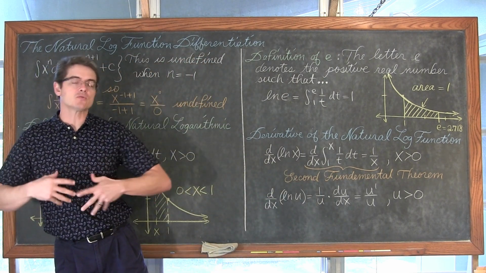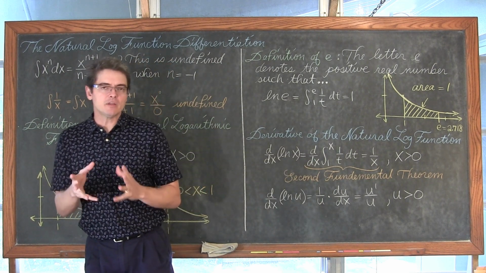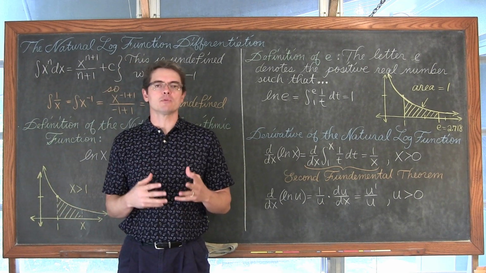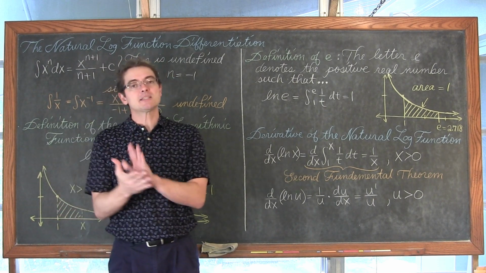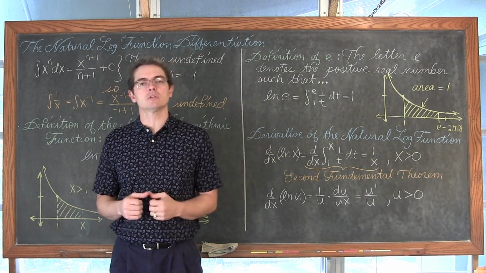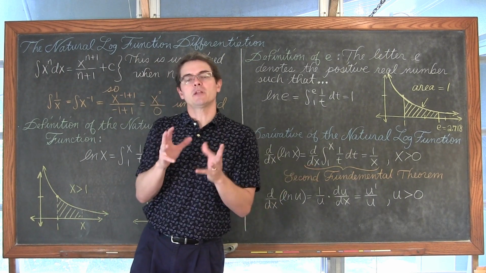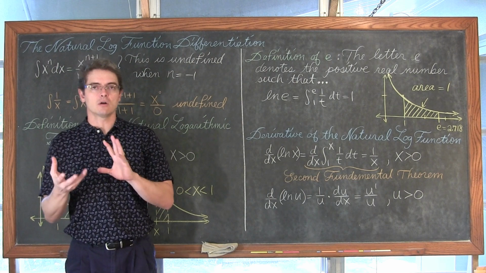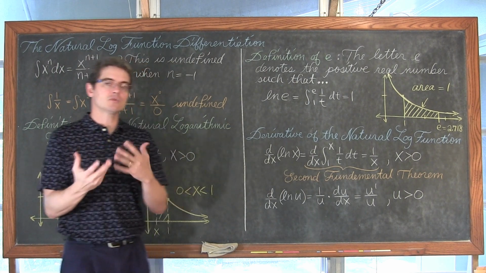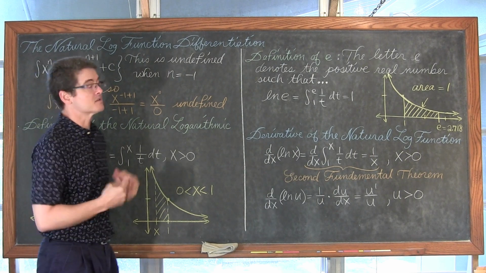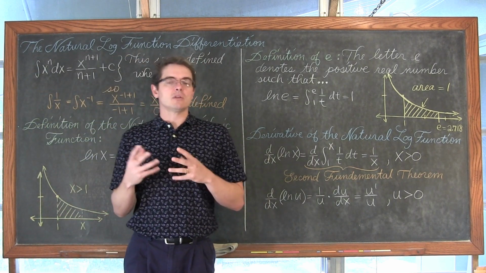Excellent. So over here let's talk about e, because we're talking about natural log, and of course natural log is the log base e. And if you're not really familiar with or comfortable with logarithms, remember they just give you an exponent. Like the log base 10 of 100 is equal to 2, because 10 squared is 100. So exponential functions and log functions are basically inverses of each other, which hopefully you learned in either Algebra 2 or Pre-Calculus. I know my students did. So the natural log is just log base e.